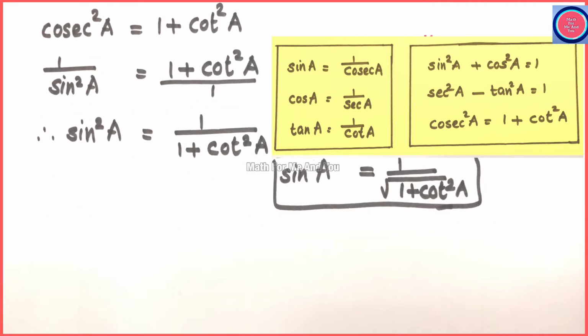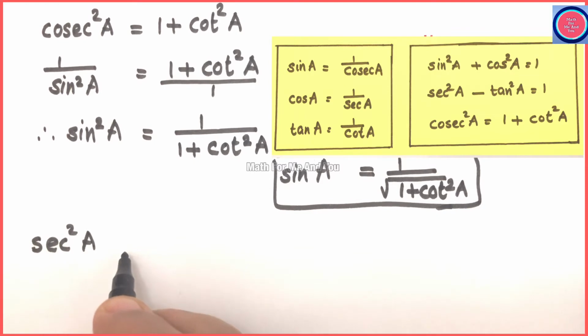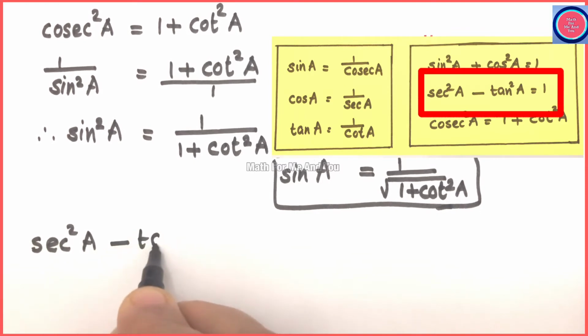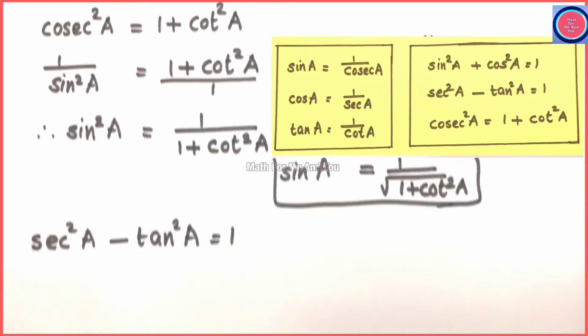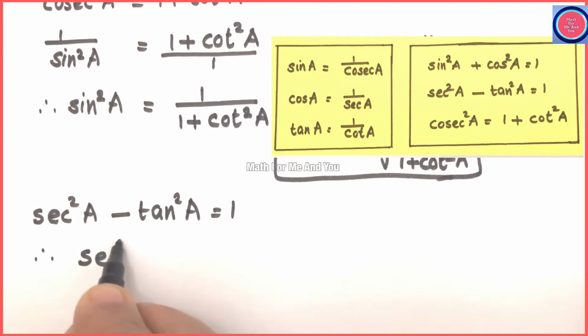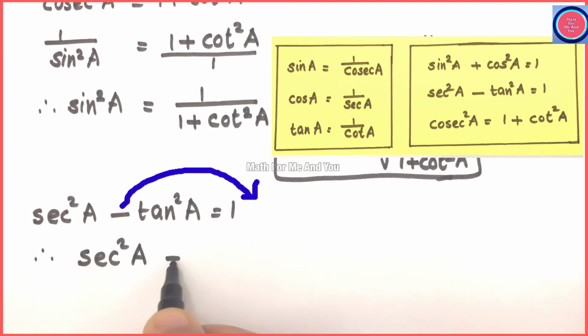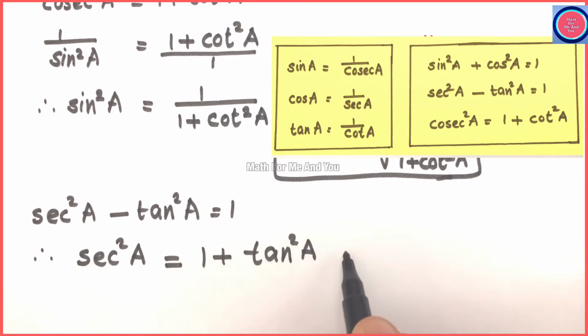Next we are going to write sec in terms of cot. But there is no direct connection between sec and cot. So we are going to take the equation sec square A minus tan square A equals 1 because tan is connected with the cot. From here we can write sec square A in terms of tan square A. Move tan square A to the right side. We get sec square A is equal to 1 plus tan square A, as minus tan square coming from left to right becomes plus. Sec square A we keep same as it is because we need sec square A written in